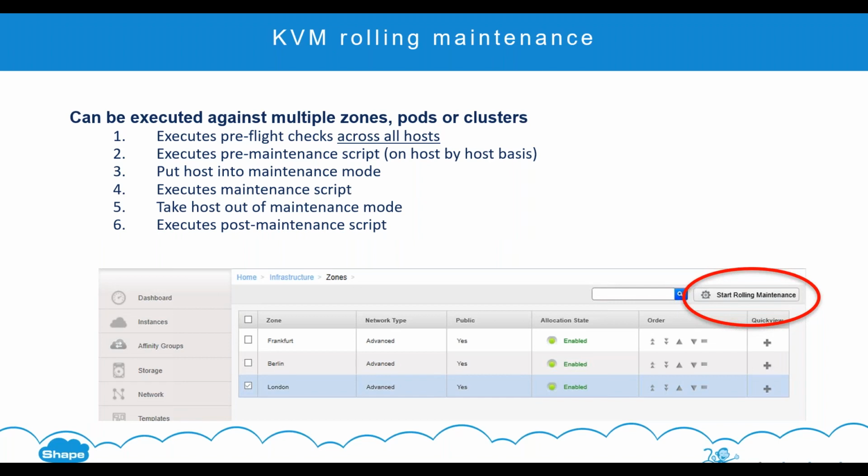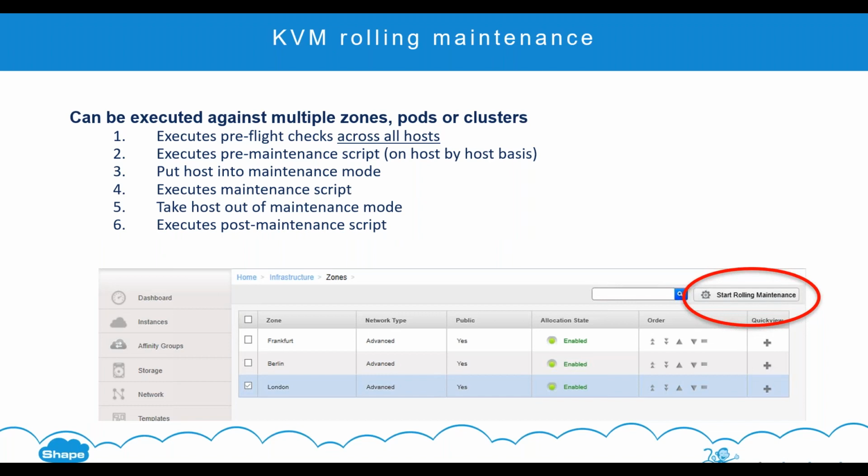The overall process, first of all, we have the pre-flight check scripts. They run across all hosts before anything else is done. So these are your precursor checks. It's, you know, can I get to the repos I need? Can I get the data I need? You know, am I overall in a condition to do this maintenance? And if pre-flights fail, nothing happens, right? So that's checking. I want all of my hosts to be in this state before I'm going to try and